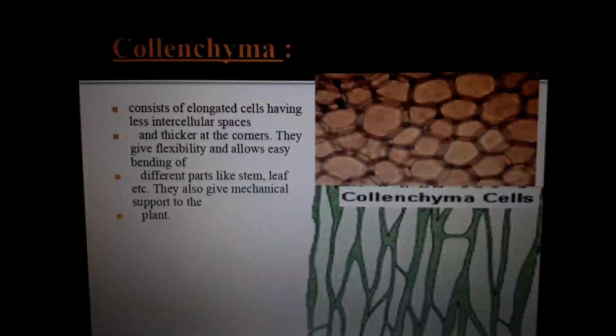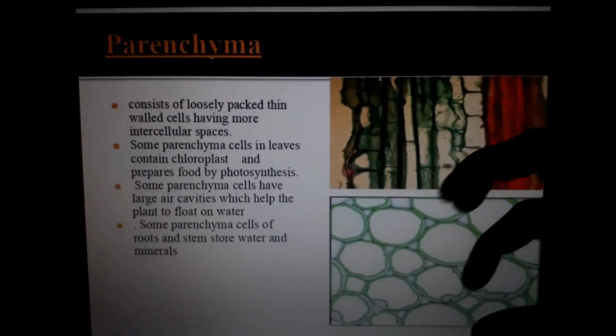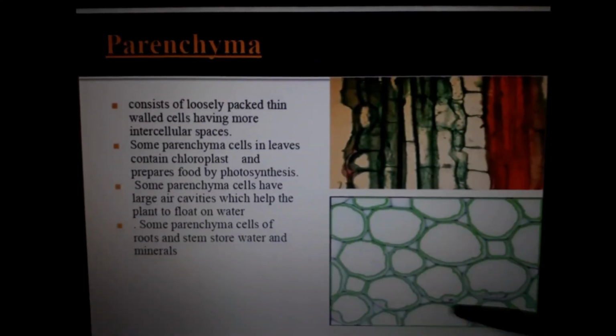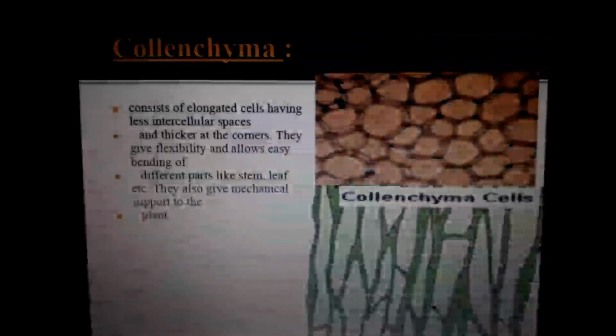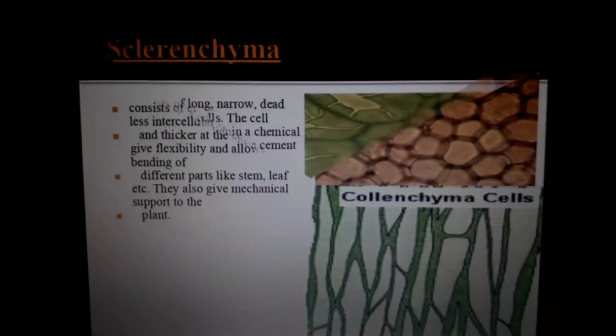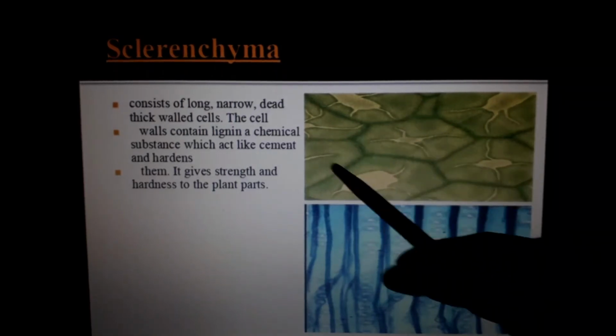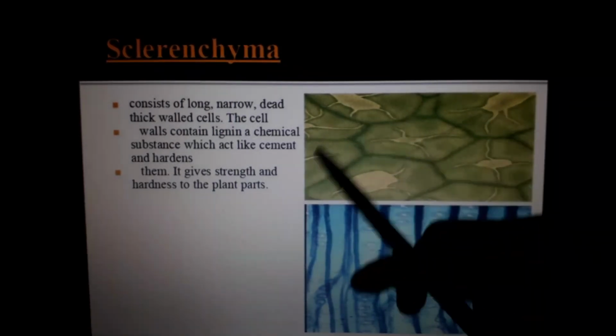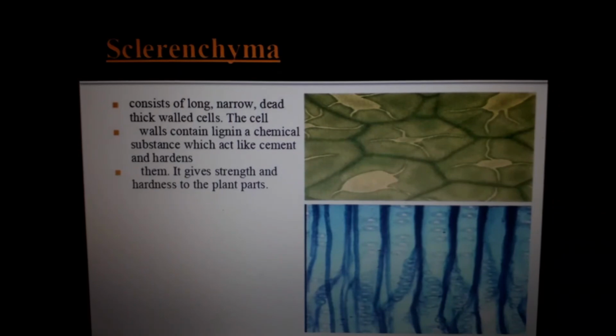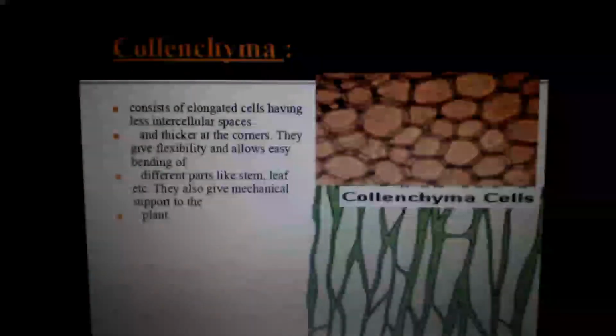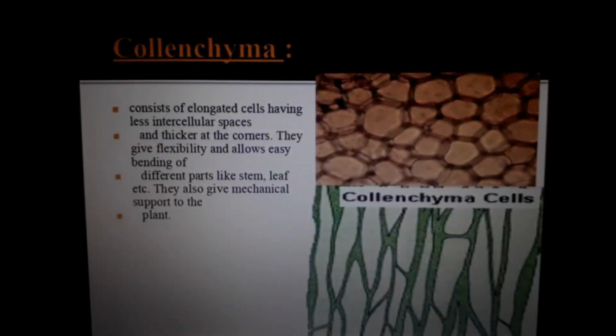Last one is collenchyma. See, here parenchyma is not that closely packed. It has some gap. Collenchyma is very closely packed. But in the case of sclerenchyma, it's almost like one layer, like a concrete block. That is the difference between collenchyma, sclerenchyma and parenchyma. Notes I have given, study that. That's it. This diagram, leave it. It's very difficult to understand this diagram.